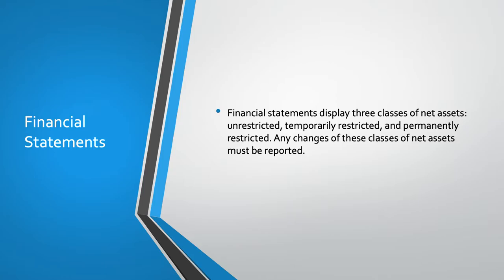And with this, it's important for you as an accountant to be really keen on the donation agreements or the grant documentation because it's there. When you're doing your not-for-profit or non-profit organization's accounting, it's very crucial for you to know the contracts between the parties, the organization and the donation source, the donor agreement. Okay, what are the agreements or what are the restrictions for you to be able to classify properly whether it's unrestricted, temporarily restricted, or permanently restricted. Okay?